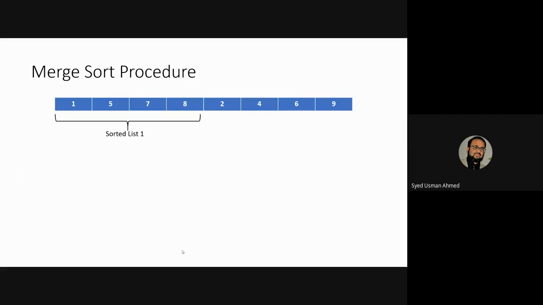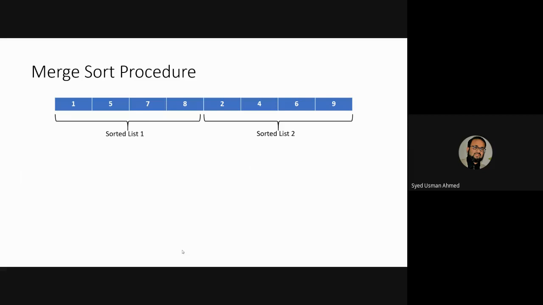You can easily see that there are two sorted lists. The first four elements are sorted, 1 5 7 8, and the remaining four elements are again sorted, but the combined list is unsorted. So our work is to merge these two lists together, and then apply merge sort. First we will study merging, how you are going to merge these two, and eventually you will see that merging leads to sorting of the list.